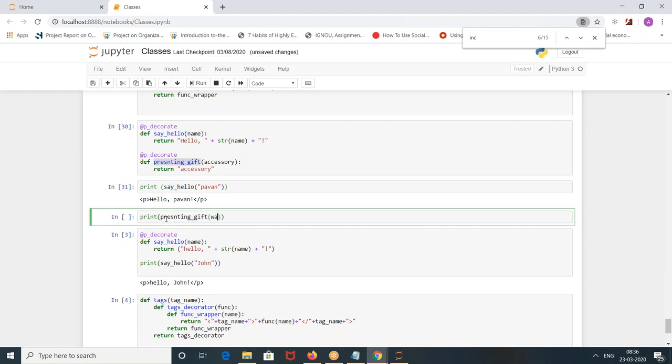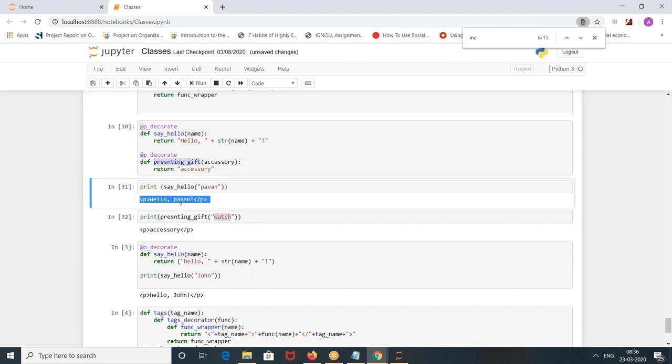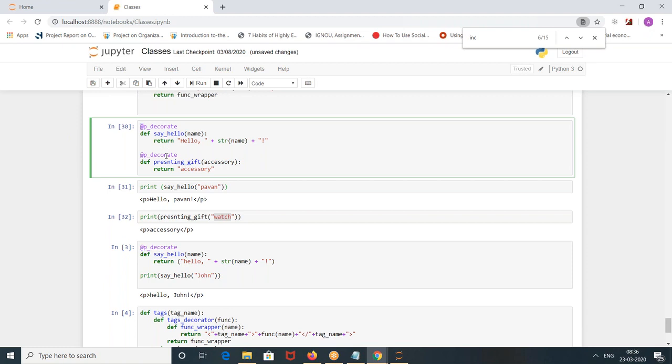Call whatever accessory you want to give him. Pass whatever accessory you want to give him. See, here also decorator applied, here also decorator applied. Practically this decorator was not needed here, but I'm just showing you can apply a decorator to whichever function you write, wherever it makes sense.